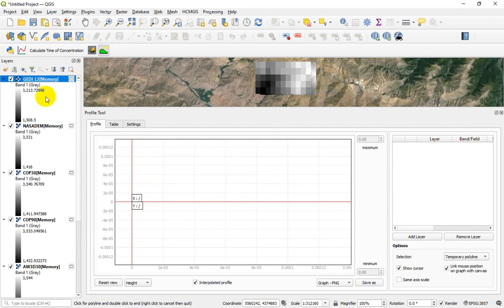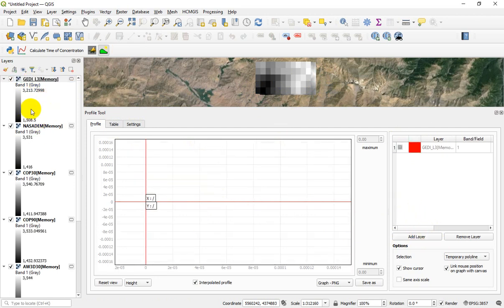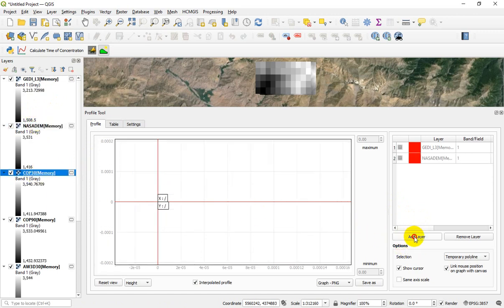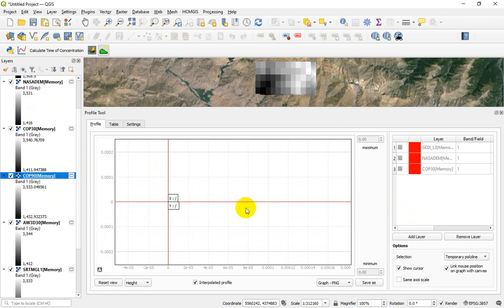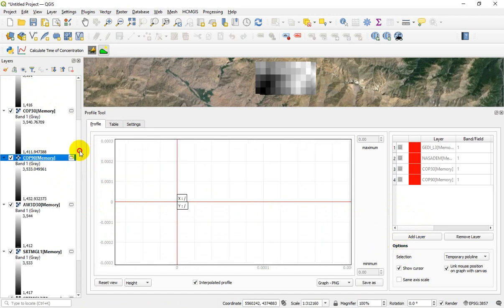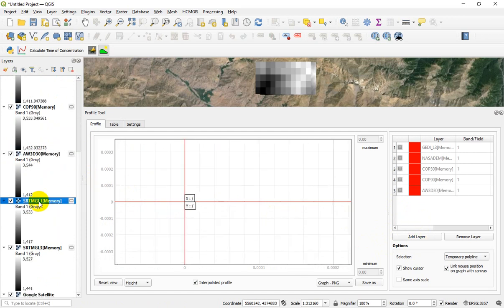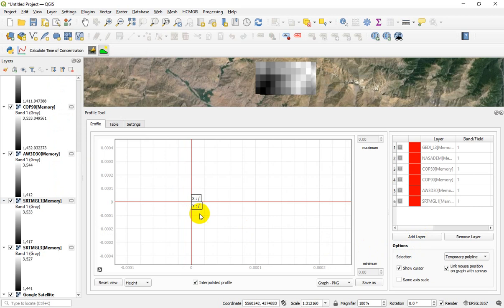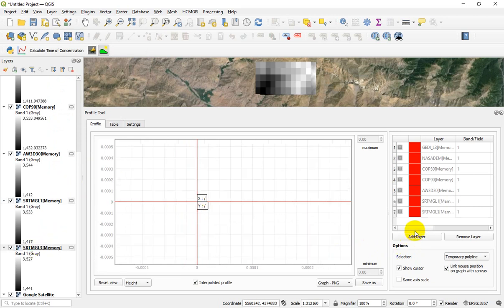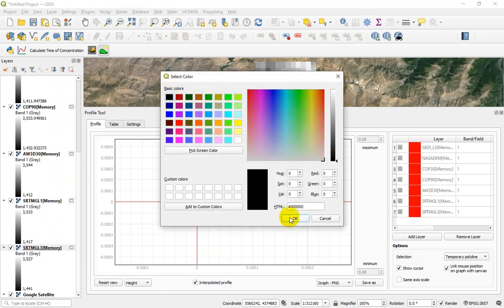Okay, let me click all of these DEM sources. For example, GDI, NASA SRTM, Copernicus 30 meter, Copernicus 90 meter. All of these layers are stored in the memory, and I'll show you how to save them on your computer. Okay, this is the final section. You can change the color of all of these layers.